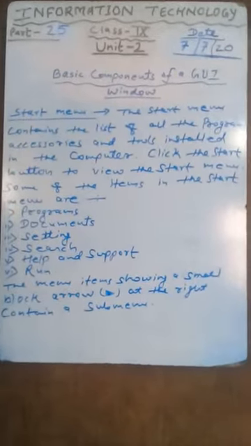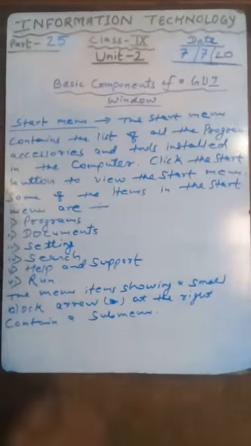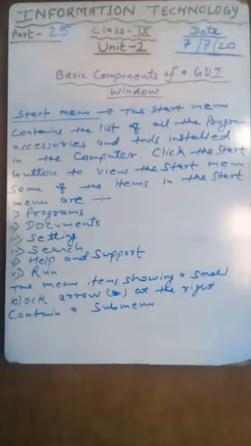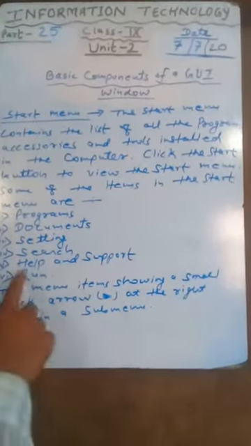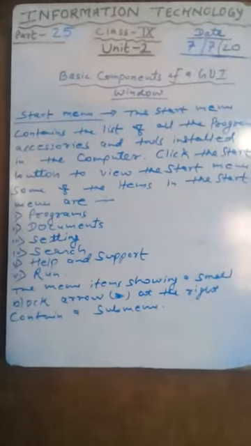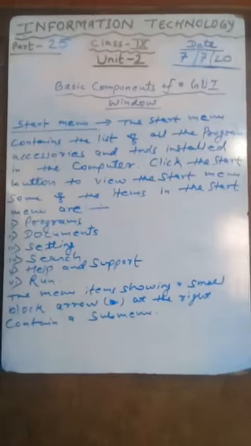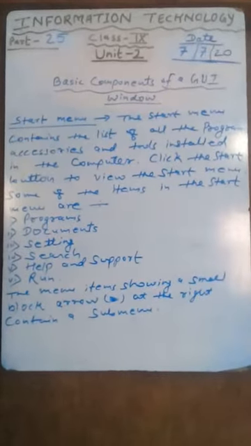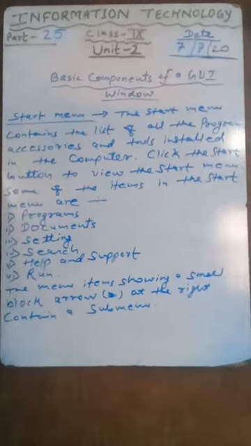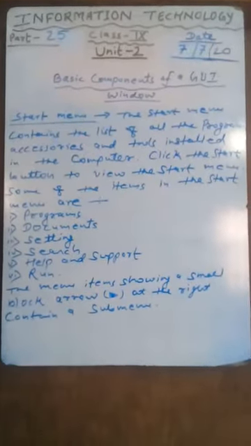Suppose that you want to open Word, Excel, PowerPoint, Notepad, or MS Paint. You go to Run, and in the dialog box type the program you want, then click OK, and automatically your program will open. This is with the help of the Run menu.